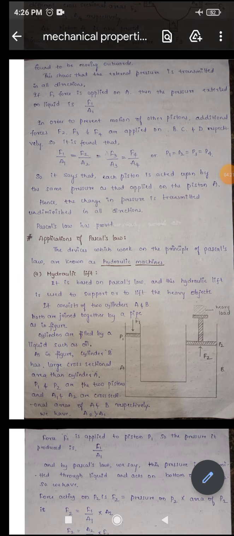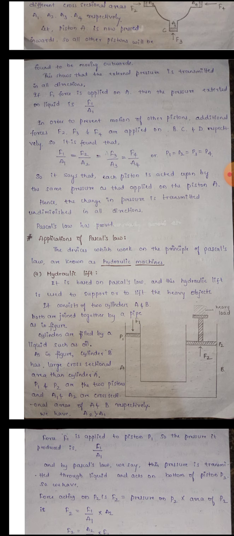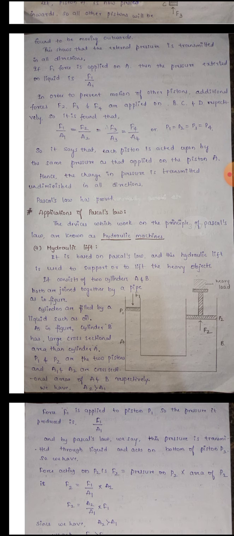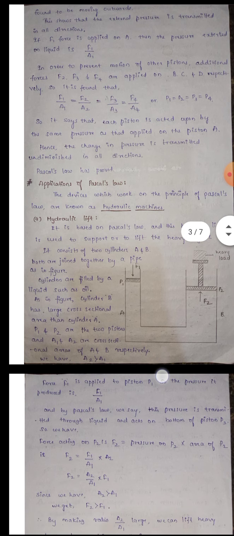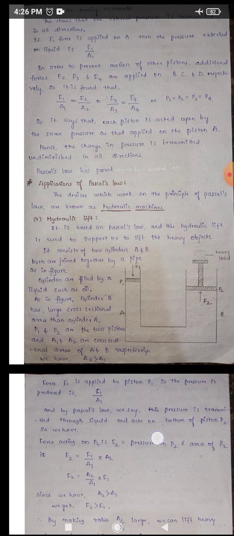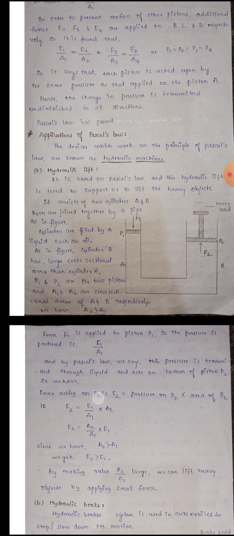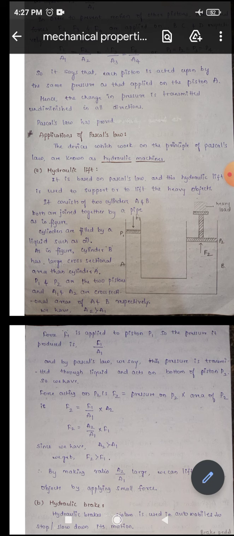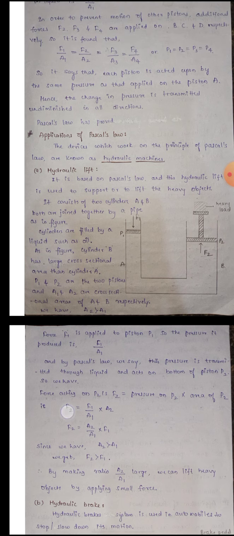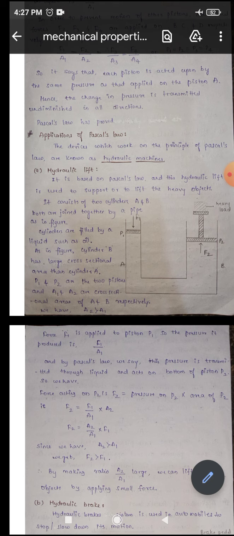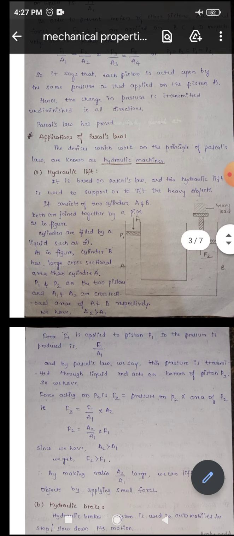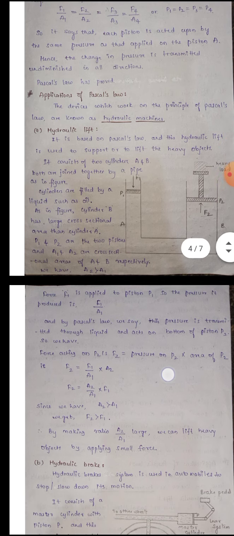Whatever force we have applied, this F1, is transmitted through this container without any loss and hits the bottom of piston 2, that is P2. So we can say that the force acting on piston 2 is F2, and we don't know how much force is acting on this piston 2. So we are finding out F2 here. So F2 is equal to, we know, pressure on P2 into area of P2,